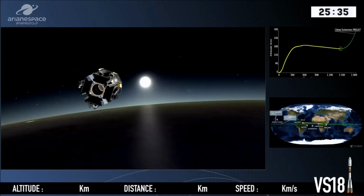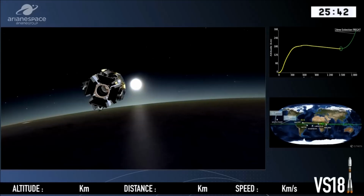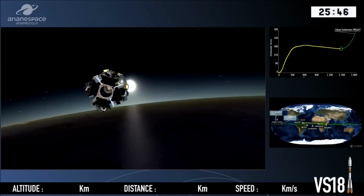So when the teams decided they wanted to connect all these billions of people, the ignition of the main Fregat engine for the second boost. Getting ready there to switch the engine on